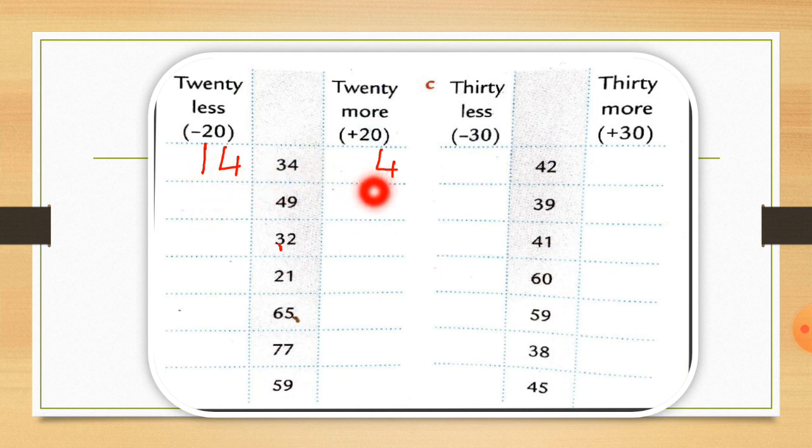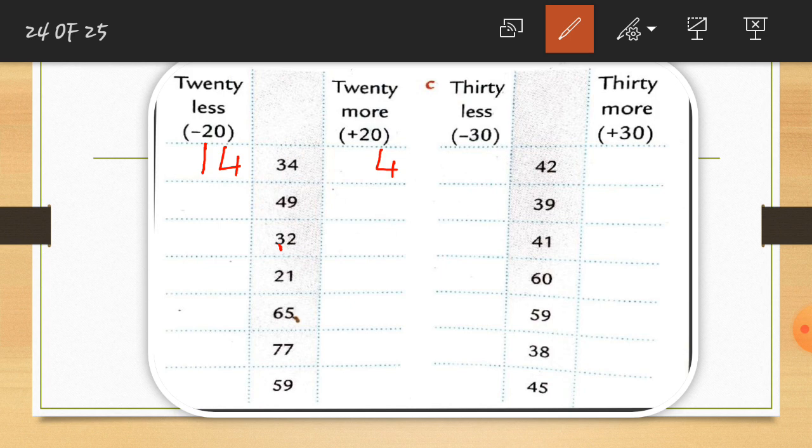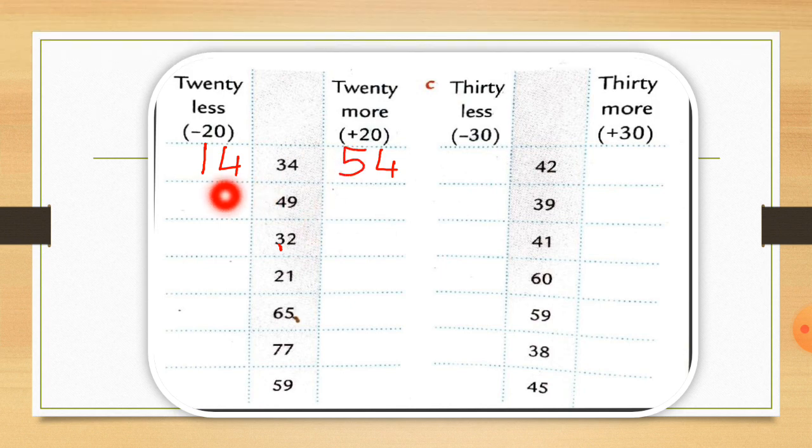Now let's add 20 number to it. So here you can see 4 number, which is the ones value. I write as it is. Now we have to add a 2 number into this 3 number. So 3 plus 2 is equal to 5. So I write this 5 number here. You can see this, which here is our answer. If you cut 20 number from 34, you will get the 14, and if you add 20 number in the 34, you will get the 45 answer.